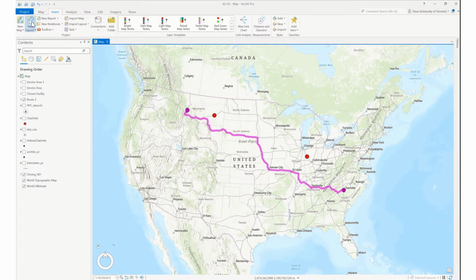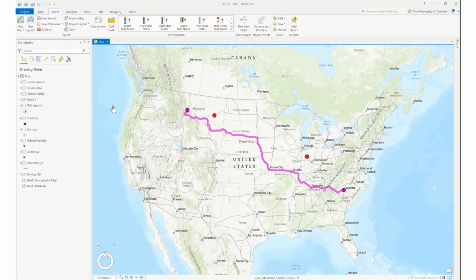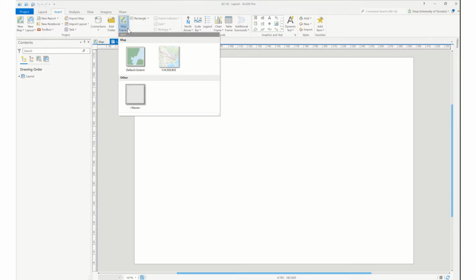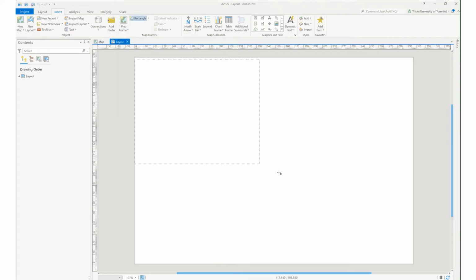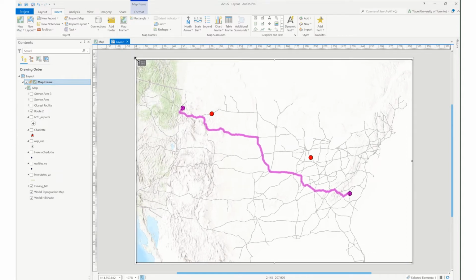For your assignment, you will have to put your map on a layout. Click on Layout to add a new layout and click on Map Frame to insert the map to the layout. You can drag a rectangle on the layout. You can also adjust the position of the map